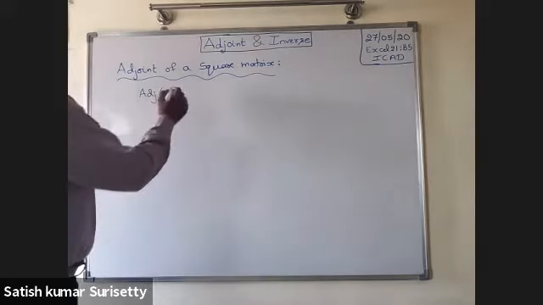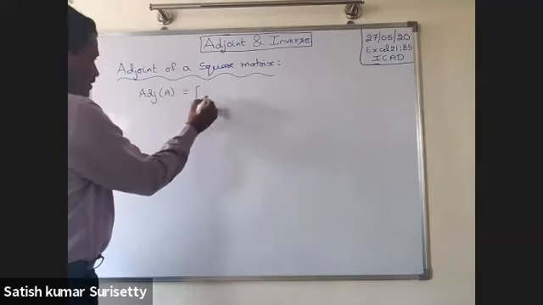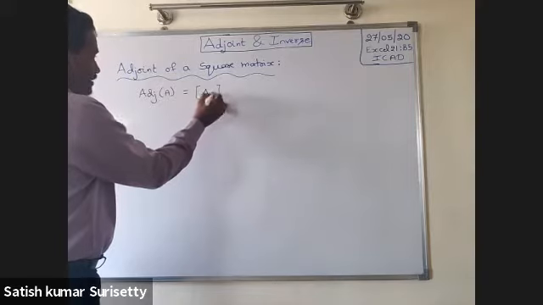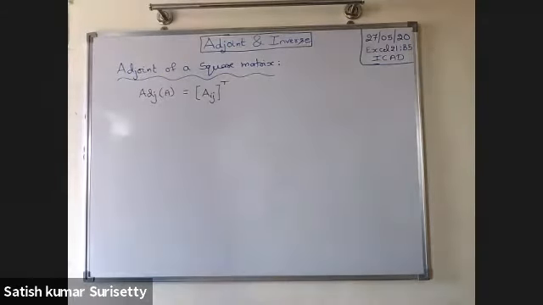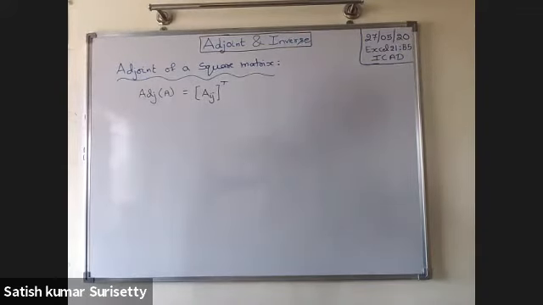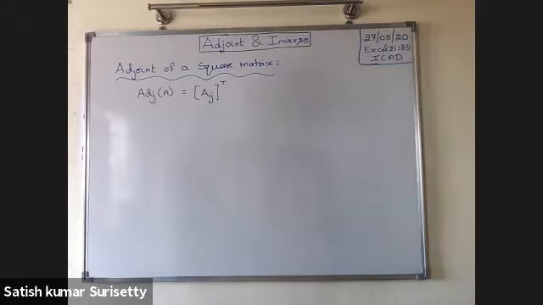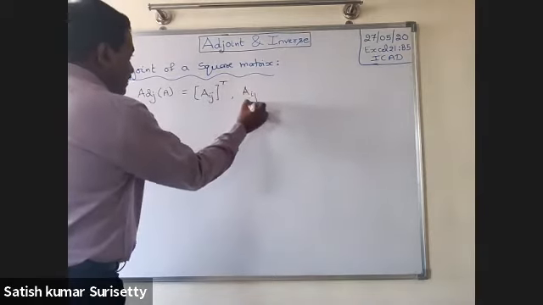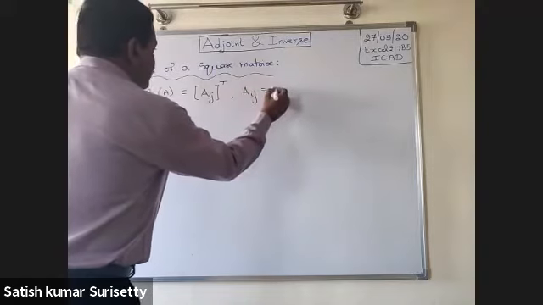the transpose of the cofactors matrix of the elements of the given matrix A. That is, adjoint of A equals the transpose of the square matrix Aij, where capital Aij is the cofactor of